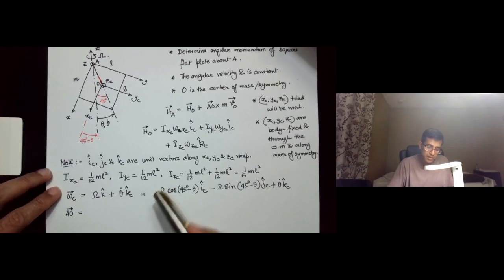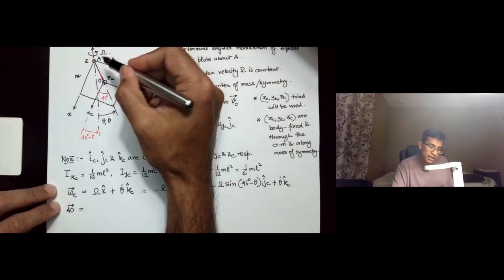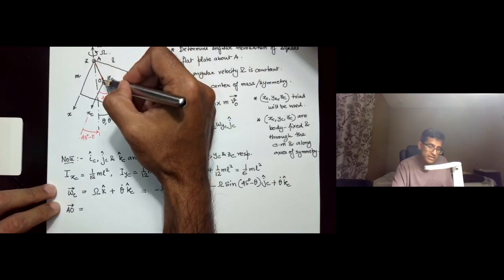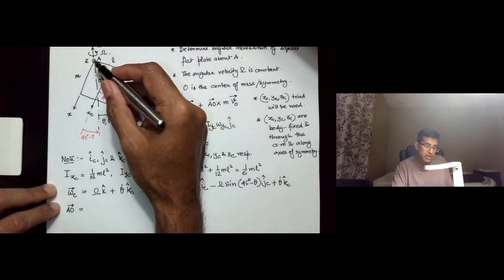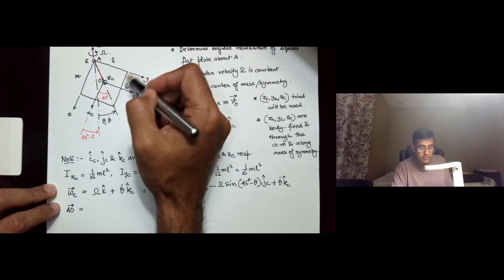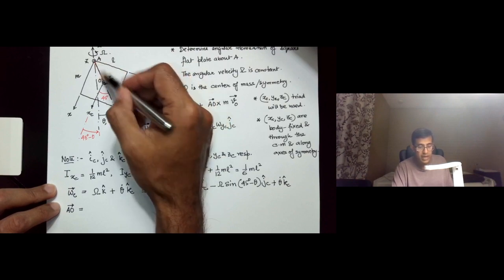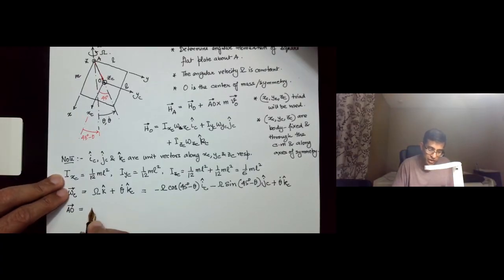And so we note that this distance is half the diagonal, and the diagonal is square root 2 times L, so half of the diagonal is square root 2 times L divided by 2, so that is L over square root 2. So the length of AO is L over square root 2,